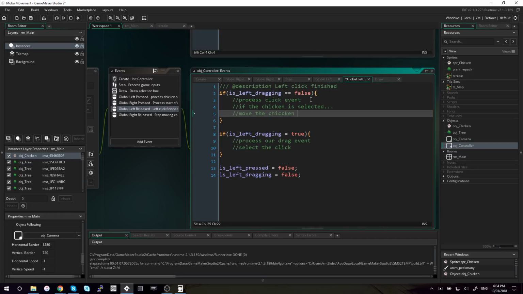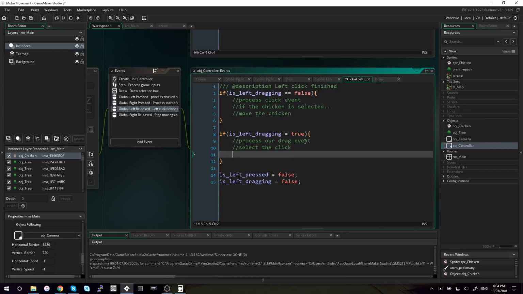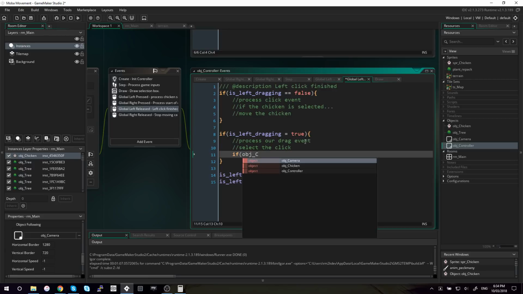Move the chicken. I can't even spell. Sorry, guys, I am using a new keyboard, so that's partially the reason. But basically, yes. If we're dragging, we want to select the chicken if the chicken is within our bounding box. So we'll say if obj_chicken